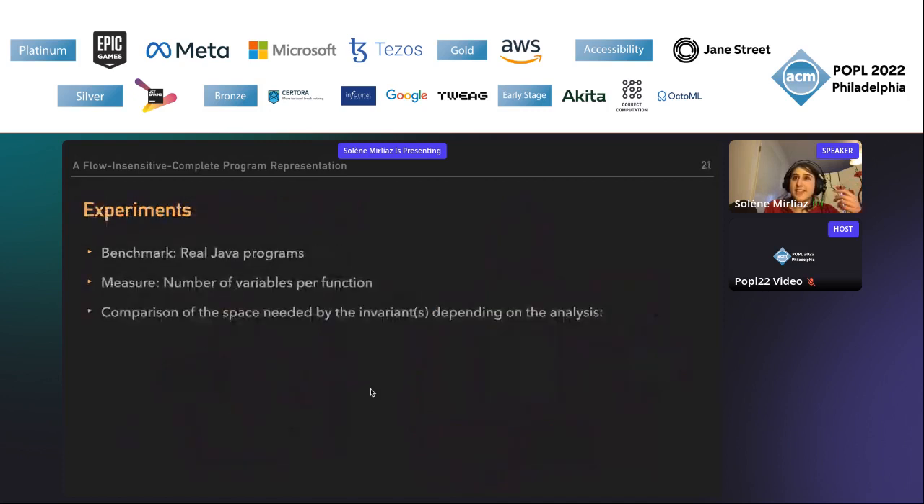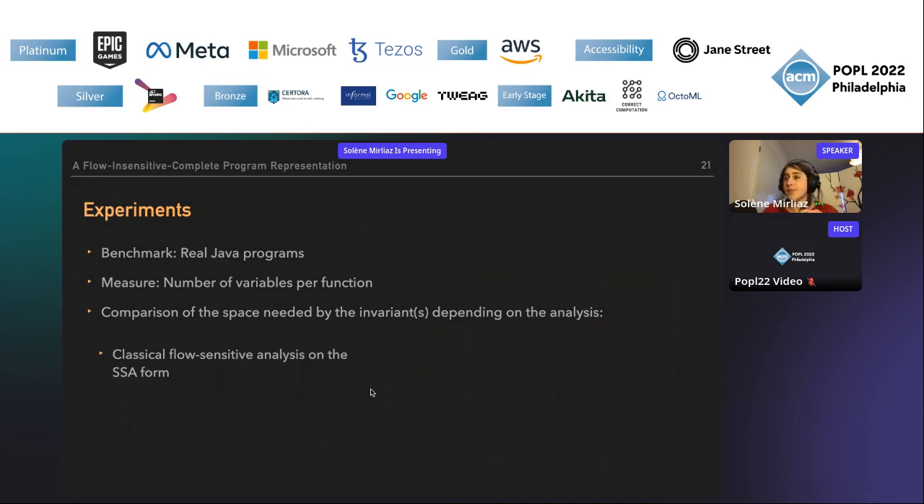So about this price, we did some early experiments to see how many variables were introduced in practice. So we took some real Java programs from different libraries, for instance, for static analysis. And for each function, we apply the transformation and we count the number of variables introduced. Now, what we want to compare is not just the number of variables, it's actually the space needed by each kind of analysis. So first, we will consider the space needed by a classical textbook flow-sensitive analysis performed on the